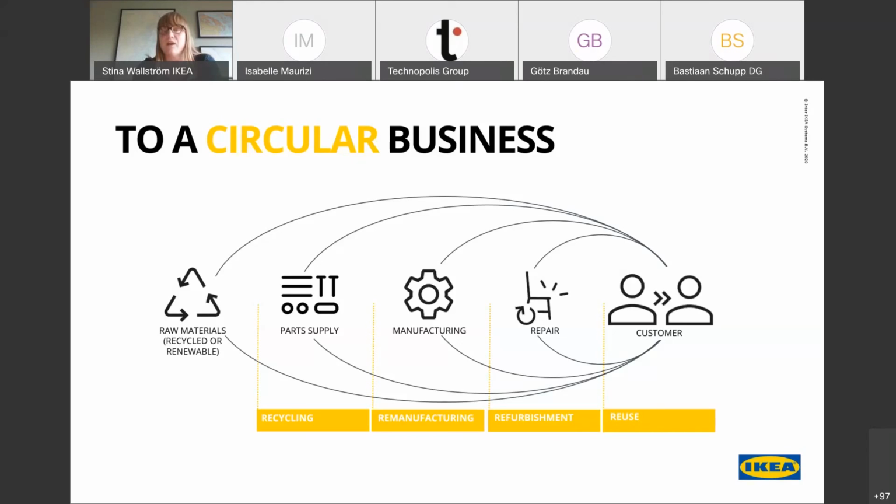And as a very, very last resort, yes, there is recycling. And that's actually why I wanted to show this slide in the context of packaging as well, because recycling is not circular economy. It's the last loop of a circular economy and a circular business. Because as soon as we start to recycle materials, we start to degrade them and make them less valuable. It's far better to keep them as collected as possible and don't try to make them into new materials. But for packaging, sometimes that is needed.